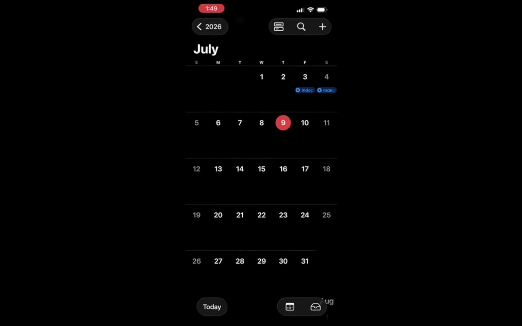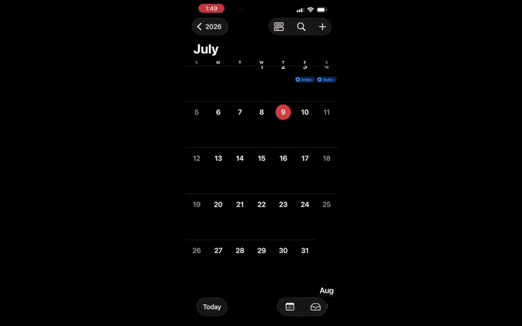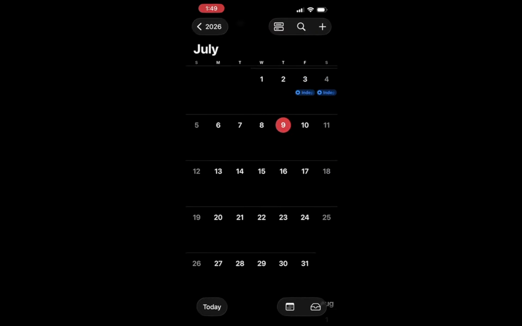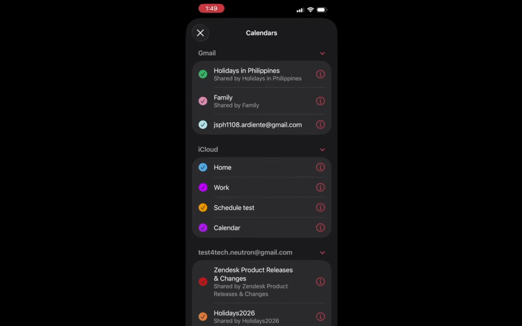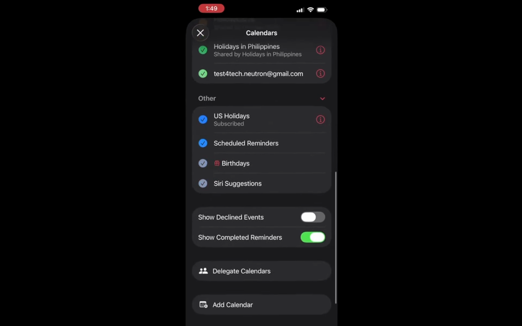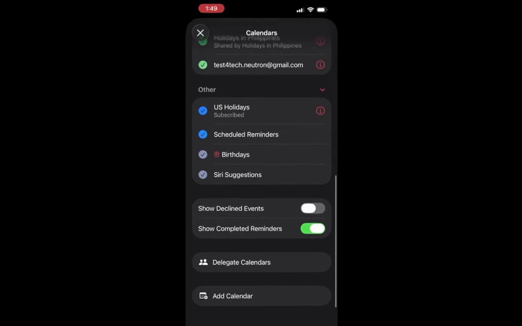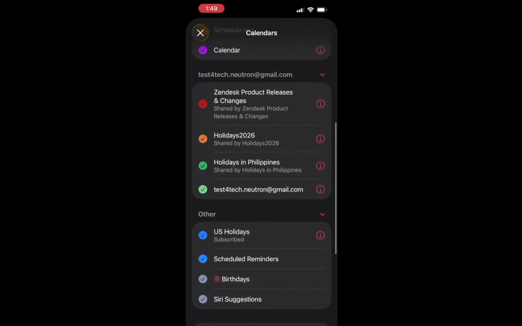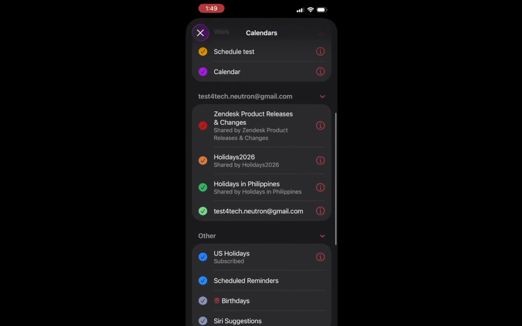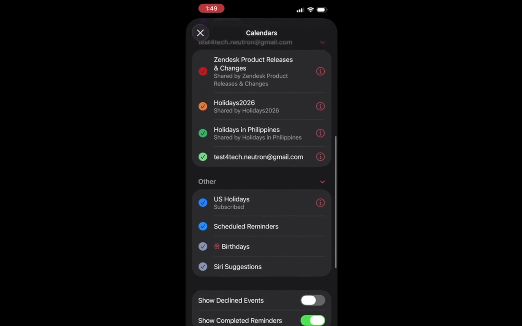Next, tap the Calendars button located at the bottom of the screen. This button will take you to a view where you can see all your existing calendars. It is essential to know which calendars you currently have and where you might want to add a new one. Once you tap on this button, you will notice a list of your calendars, along with options to manage them. This makes it easier to organize your events and keep track of everything you have planned.